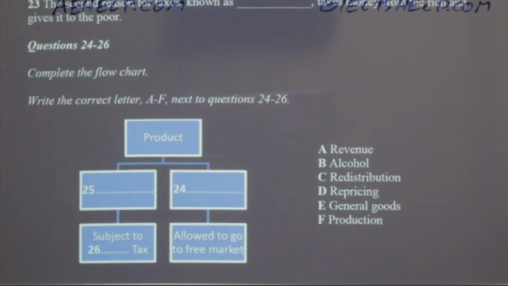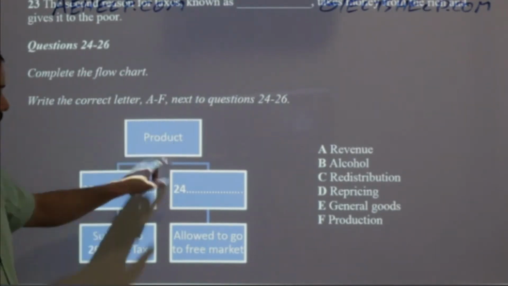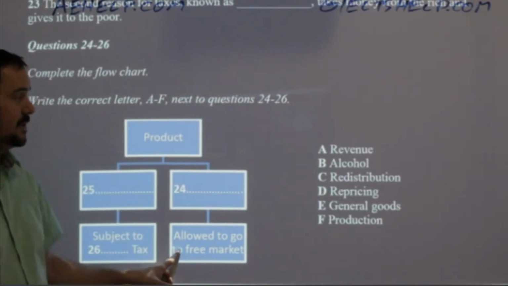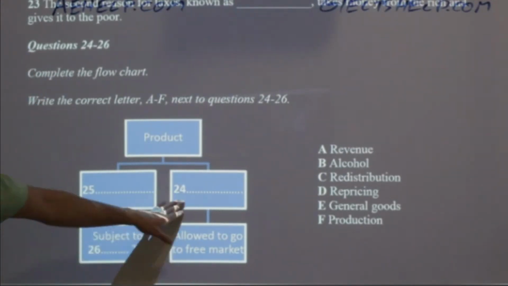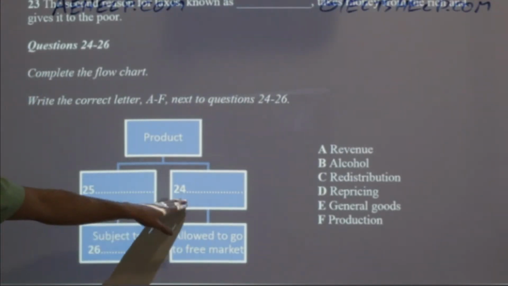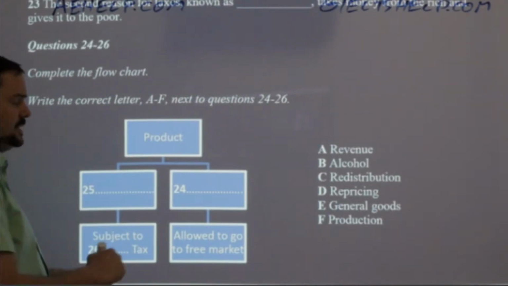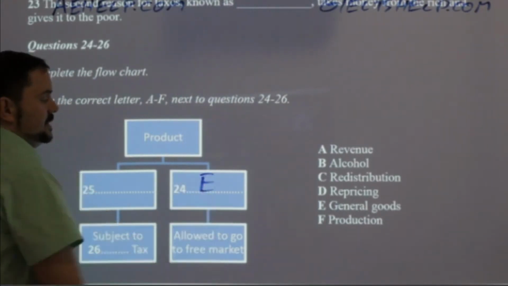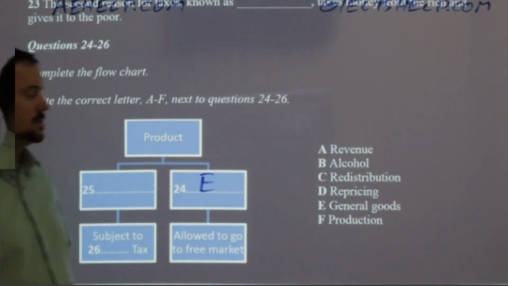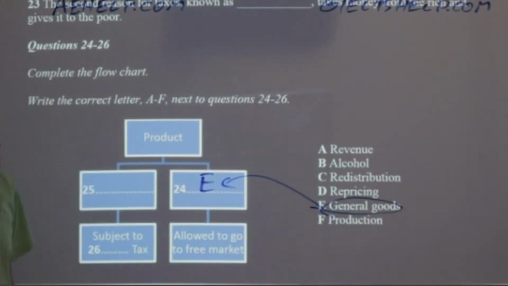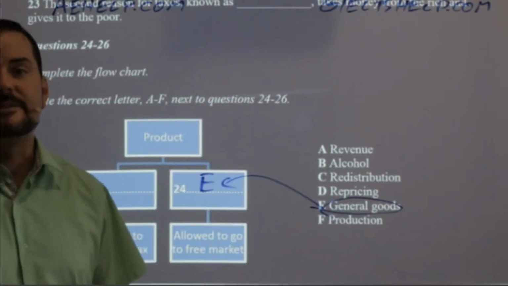All right. So here's a product. Number 24, it's allowed to go to the free market. What type of products are allowed to go to the free market? What's the answer here for number 24? It's E, general goods, right? So general goods can just go to the free market. Yeah, your kind of everyday